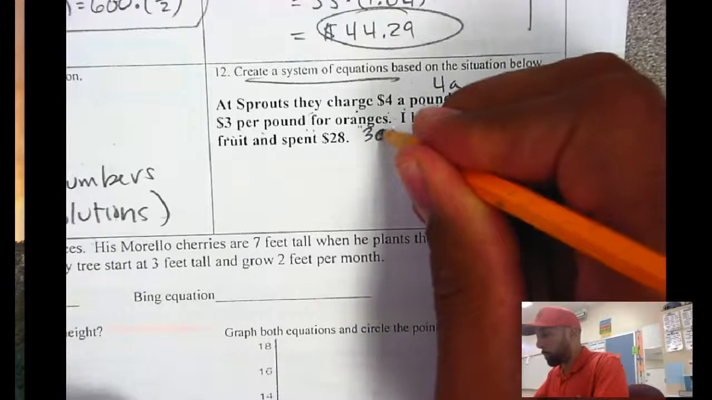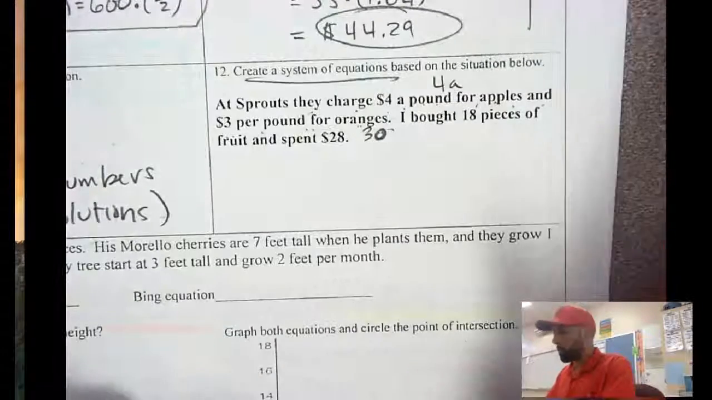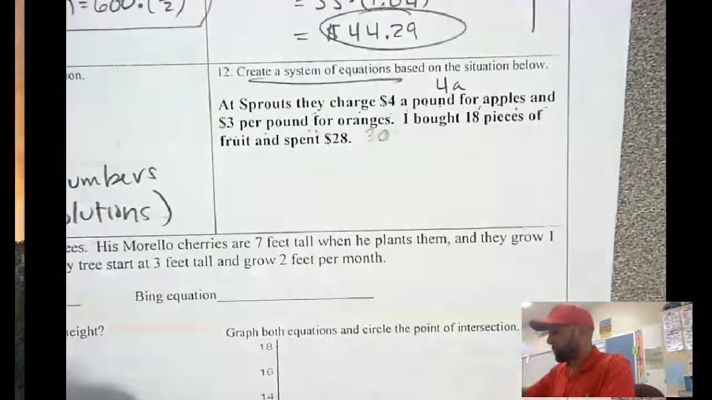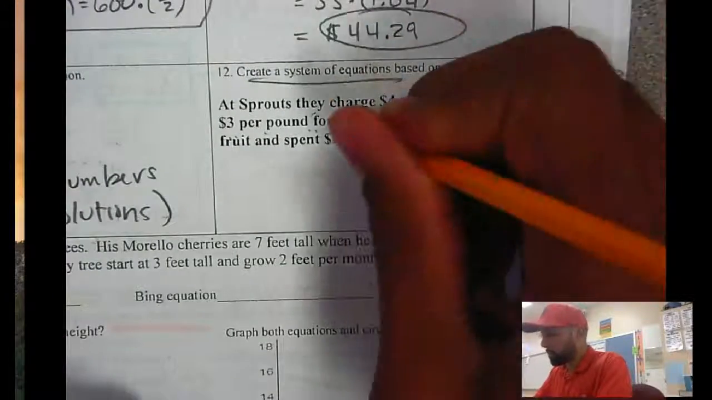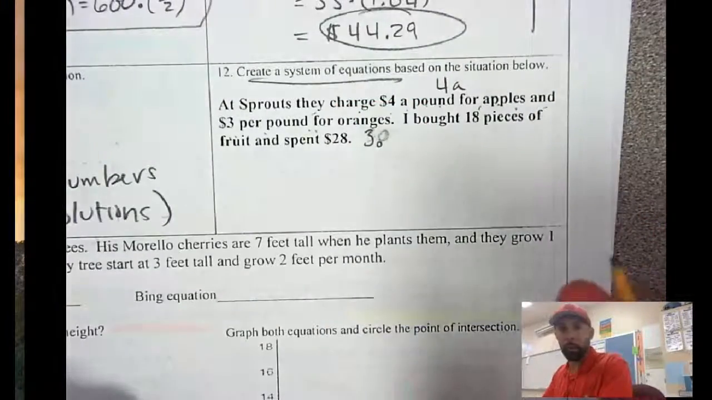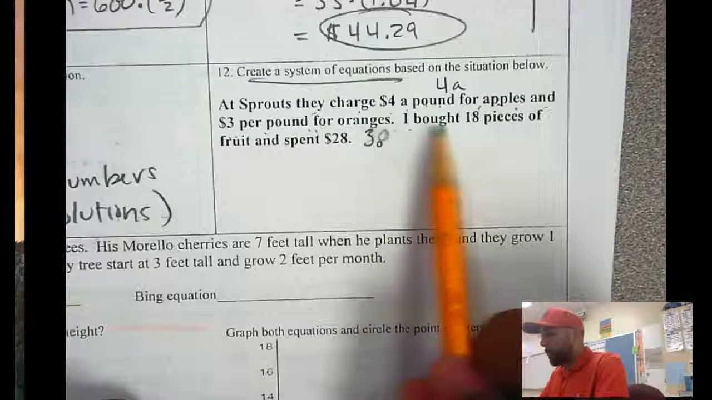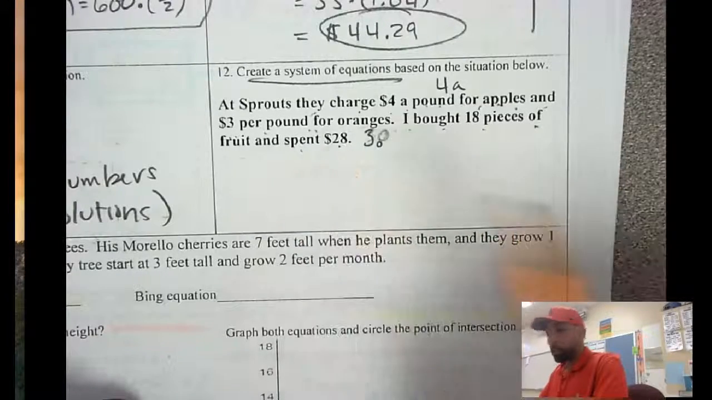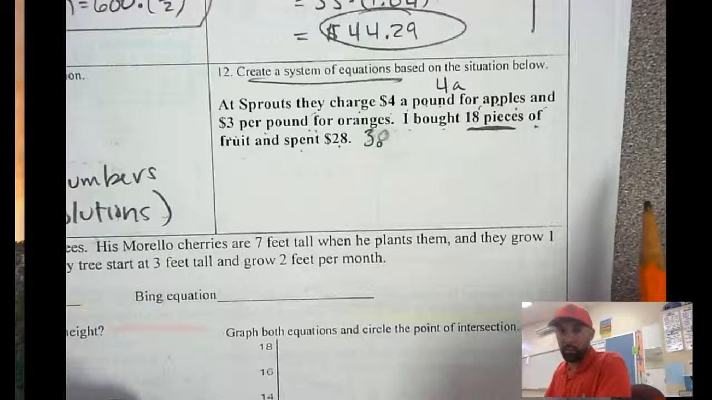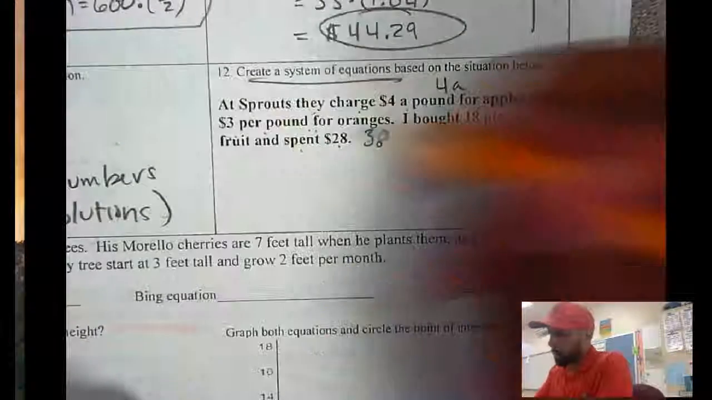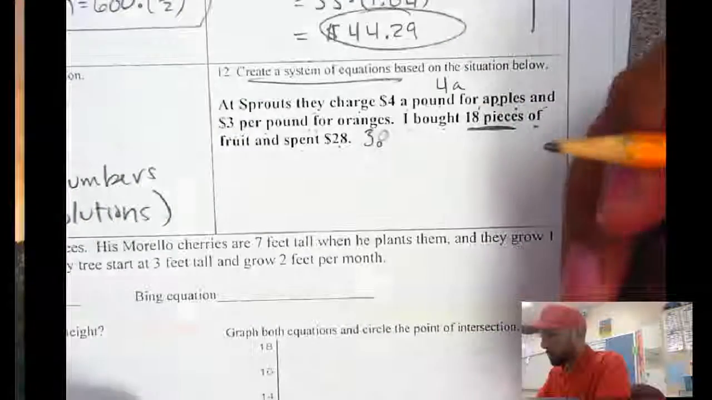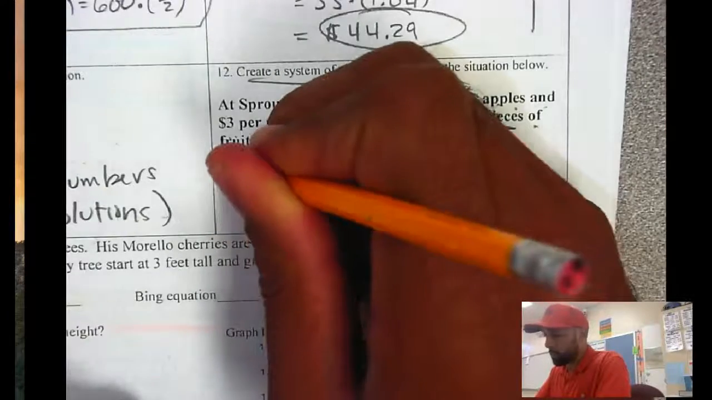Be careful, don't make that look like a 30. Actually, I don't really like that one. Okay, so $3 and then O, and we'll do a little tiny O. All right, so I bought 18 pieces of fruit and spent 28 bucks. So there's a system. First let's talk about the pieces of fruit. Well, the amount of apples, the pounds of apples,